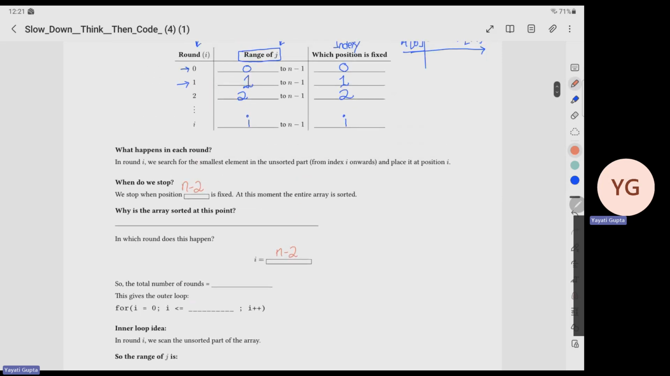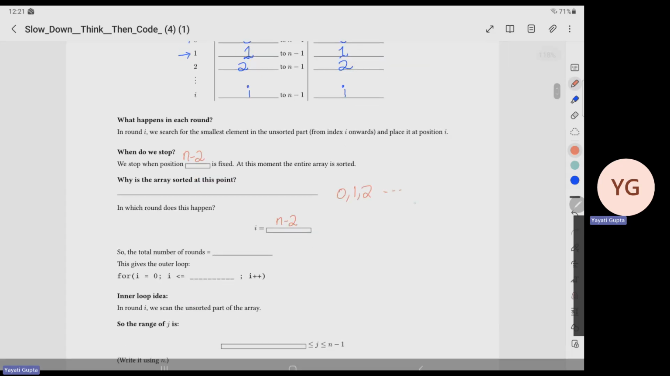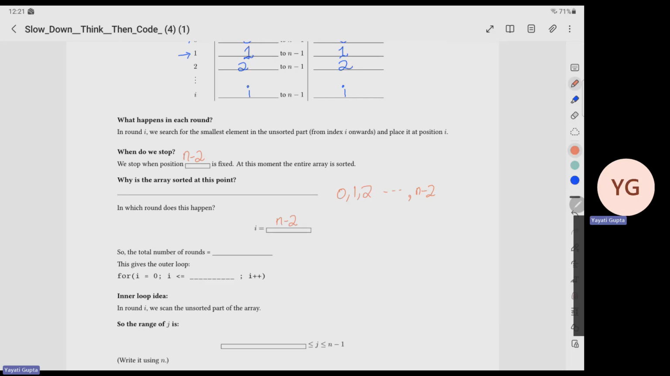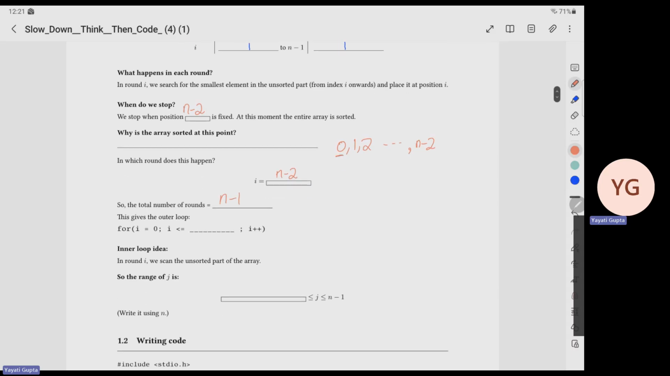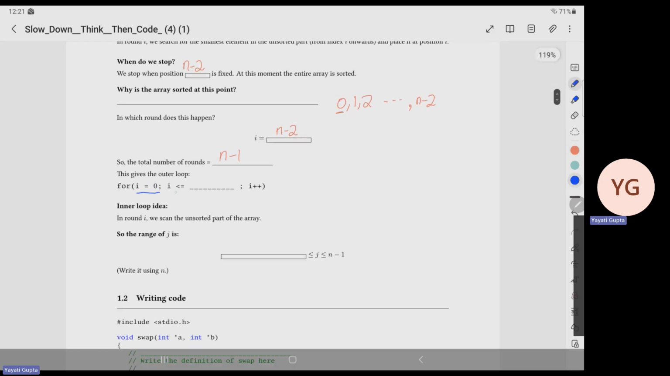Now, what's the total number of rounds? You have round 0, round 1, round 2, so on and so forth. We plan to go till round number n minus 2. So please note that the total number of rounds is not n minus 2, it's going to be n minus 1 because you are starting with 0 here. This gives you the outer loop, which is responsible for how many rounds there are. So i goes from 0 to, be careful here,